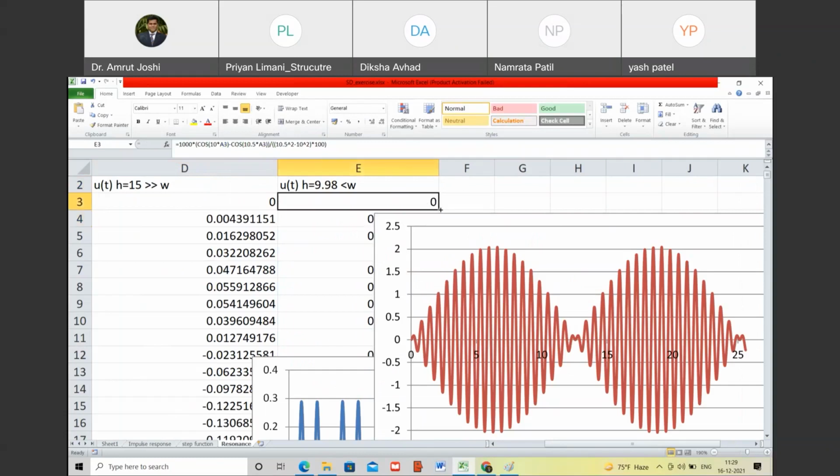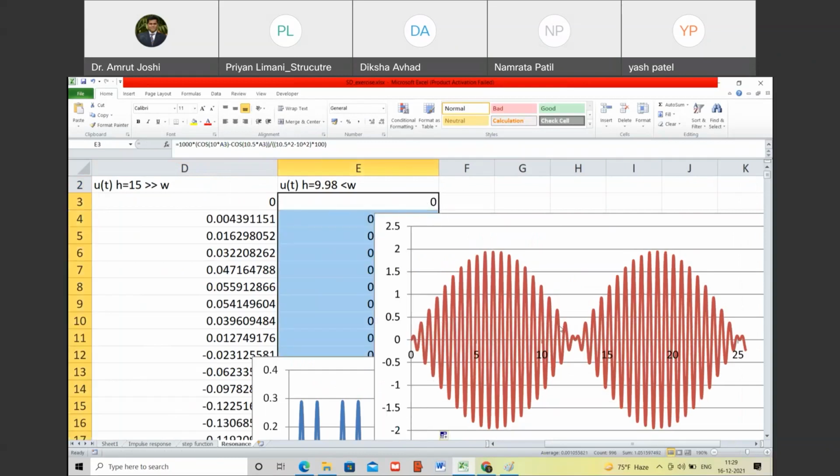So let us look at that. Yes. So whenever the forcing frequency is sufficiently close to the natural frequency, but not exactly equal to it, we are going to have the beating phenomenon